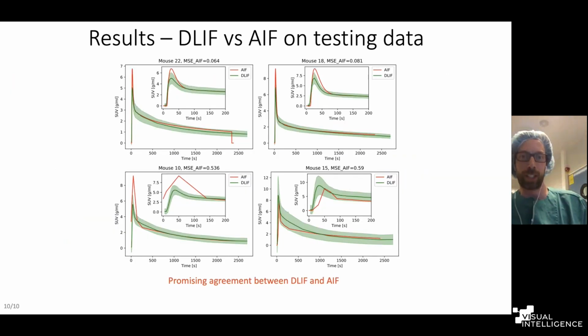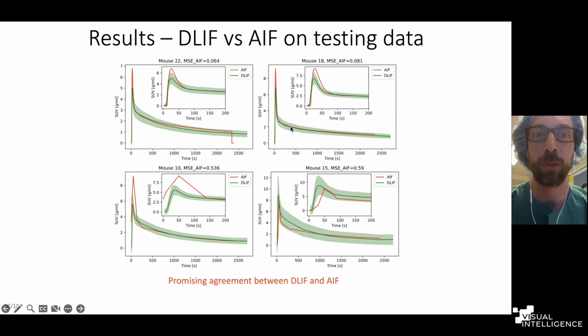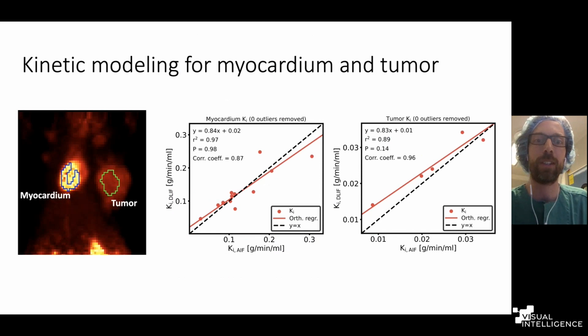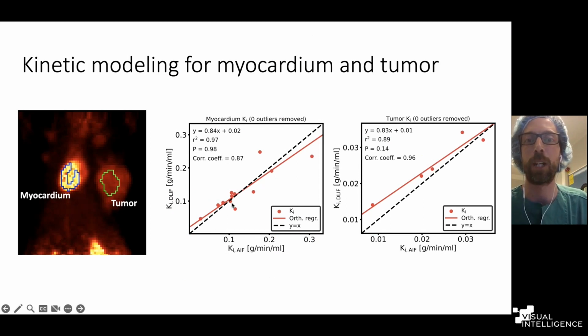And the results looked quite promising. The red is the ground truth blood for one of the 13 test mice where we had real blood samples. And the green is the average and standard deviation of the deep learning based input function models' predictions. So there was a promising agreement, and we could move on and perform this tissue compartment modeling and